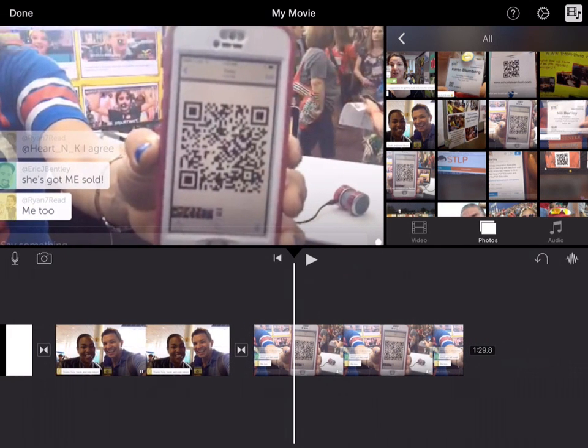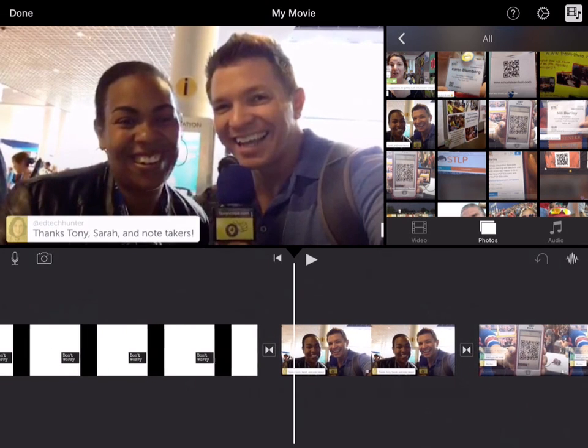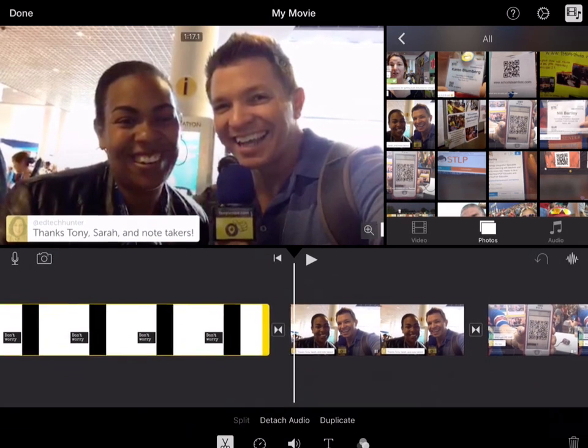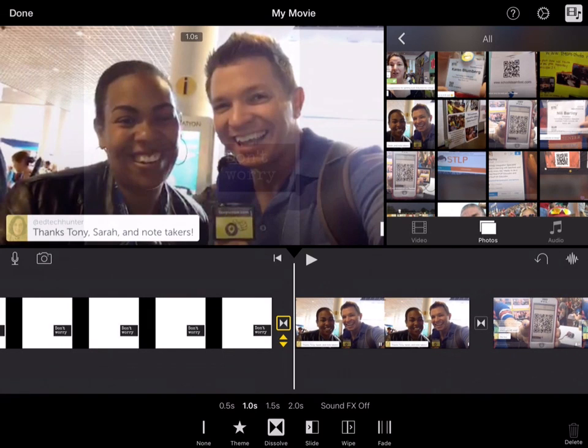It defaults so that these images are each 3 seconds long. In between my video and my image, there's a transition. When I click on these transitions, notice there are arrows that go up and down. Underneath, I have none, theme, dissolve, slide, wipe, or fade. So I can click on one right now,